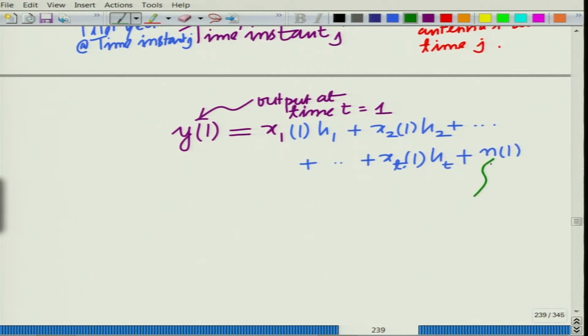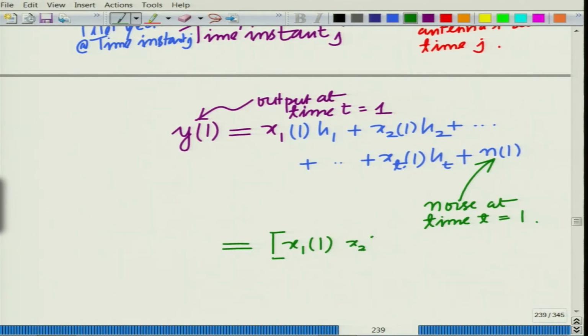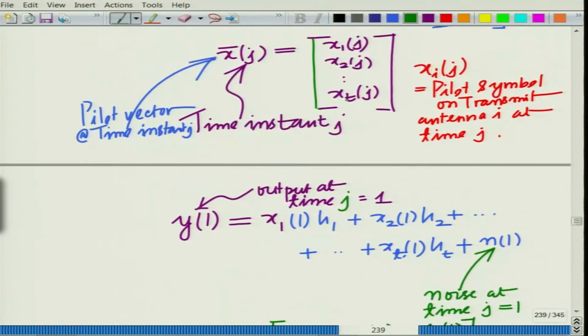And this is the noise sample at time 1, which you can write as, now this is interesting, I can call it time j equal to 1, I think that will be better, because t we are using to denote the number of transmit antennas. At time j equal to 1,